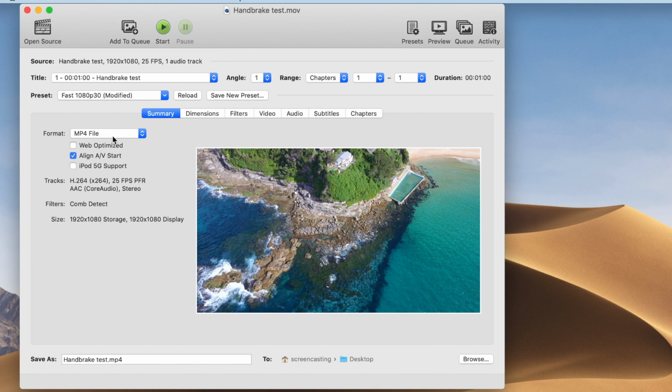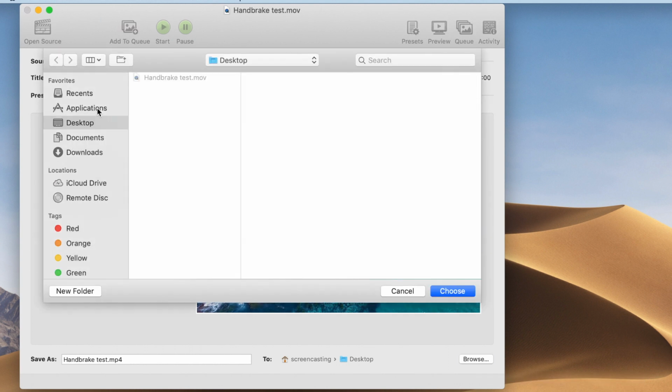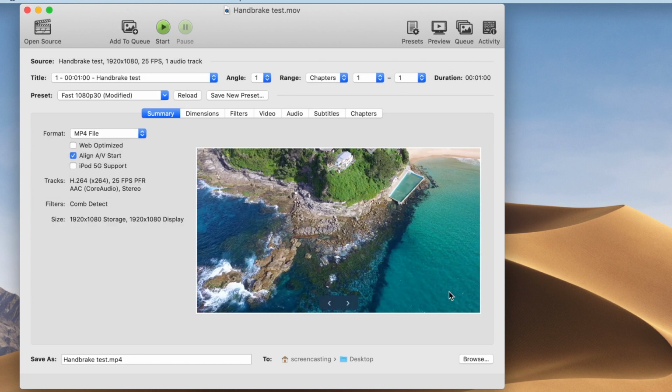Finally, we go to summary. We check that it says MP4 file, that it's H264, 25 frames per second, and stereo. The last step is to check the file name that we want to save it to and the destination. So in the bottom right, when we click browse, I'm just going to save it back to my desktop and then hit choose. So now it's going to save with that name in the desktop. Finally, we click on start,